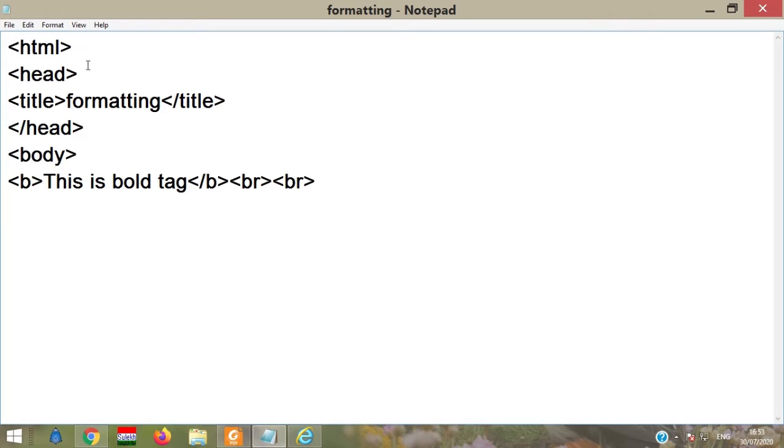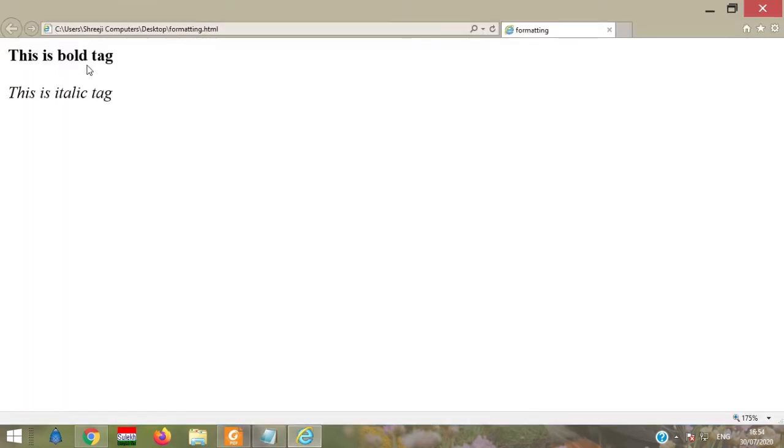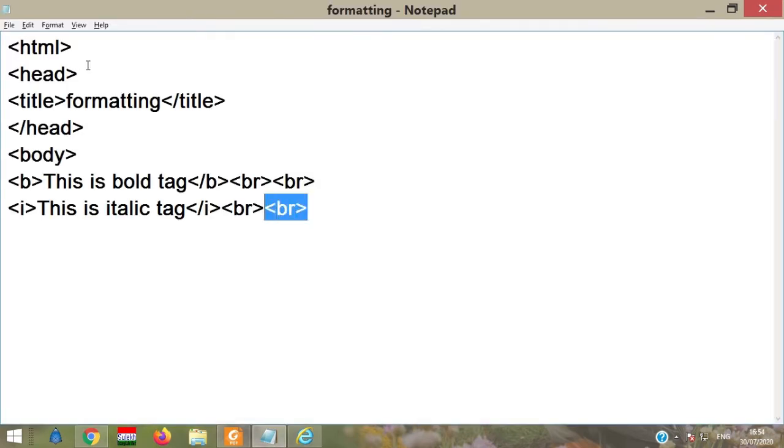Then now italic. This is the italic tag, then close I. Then the BR tag. Save your file, and what will be the output? It will be displayed in italic manner. Suppose you don't write a B tag here, now try a U tag.